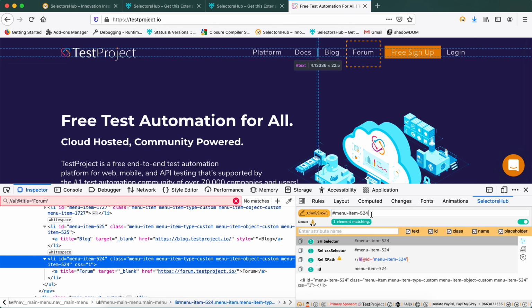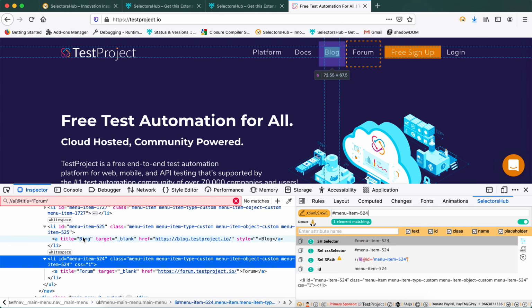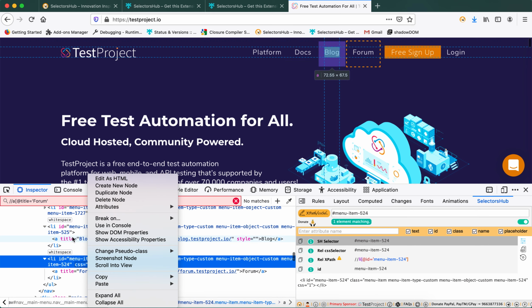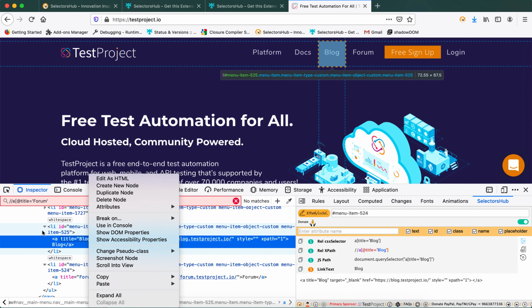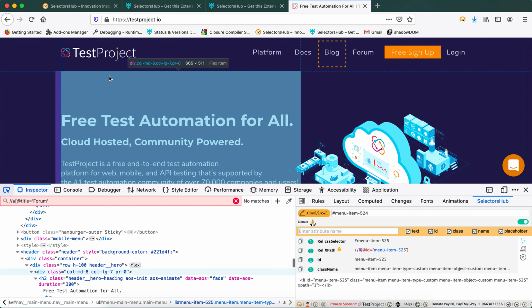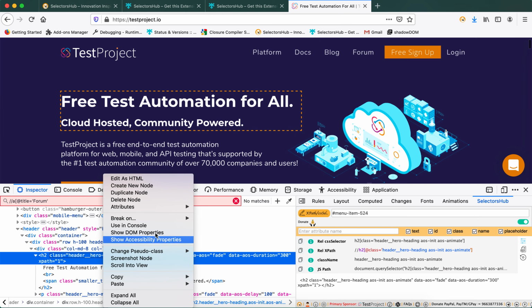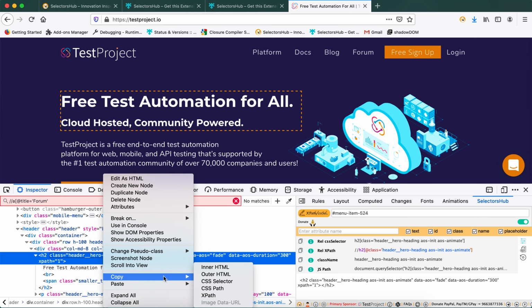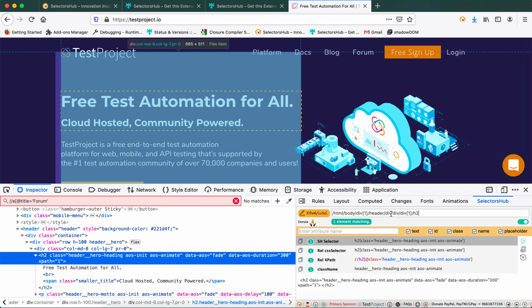And when you write your selector, Selectors Hub also gives you the best unique selector. For example, if you right click on any element and copy the XPath from here and paste it here, it is a little long value, right?